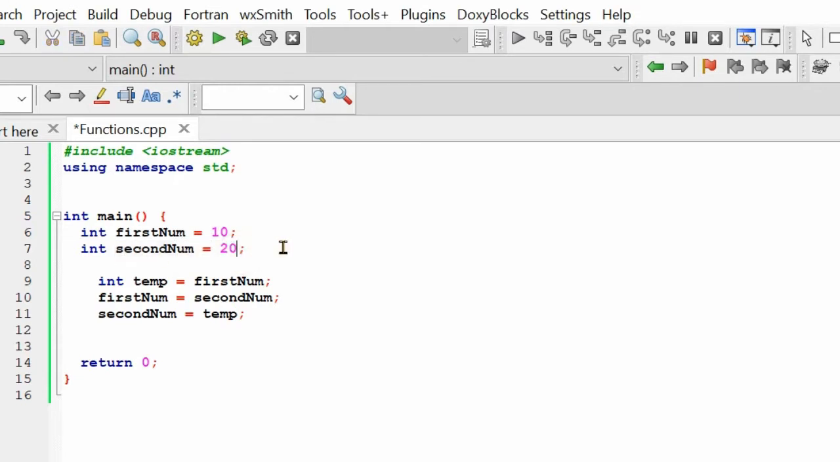So what we actually want to do is swap these values between these two variables, so that second num may be assigned 10 while first num may be assigned 20. We want to do this using programming logic. For that purpose we have declared a temporary integer variable, and its value has been initialized from the